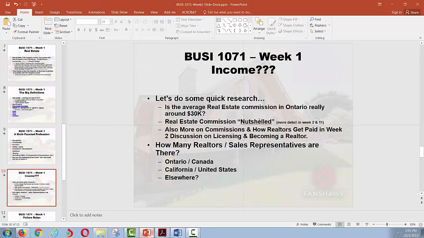Okay, so how'd we do? I just went to check to make sure nothing's changed too much from last time I looked, but it's about the same. Canada, we're approaching 250,000 with the bulk of those in Ontario. More than half of them are in Ontario, up over 50,000 just in Toronto alone. So do you think all of them are selling? Probably not, right? The larger percentage of people who get their license are not actually using it.